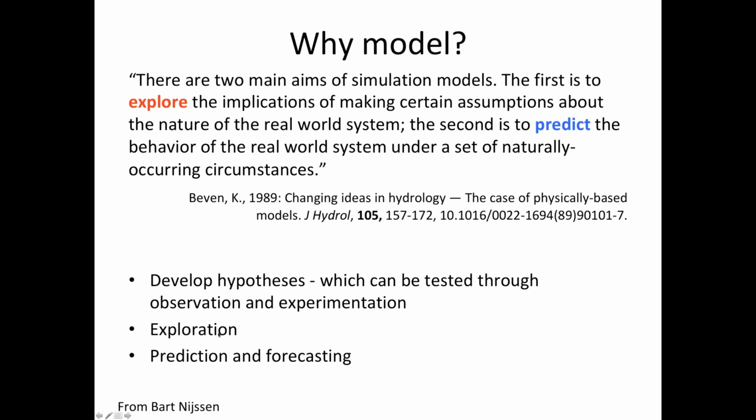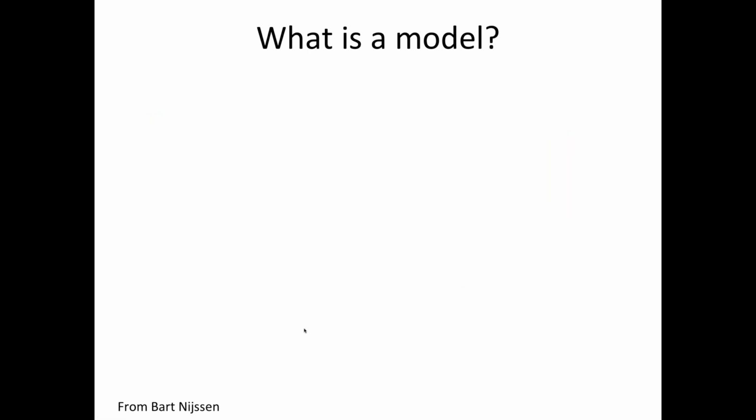We can also use a model for exploration. And for many of us, we really want to understand in terms of prediction and forecasting. If we want to understand the system well enough that we can say what's going to happen in the future, or if some change happens, what do we expect? So this is a slide that shows a model really is like an onion. It starts with a computer code.